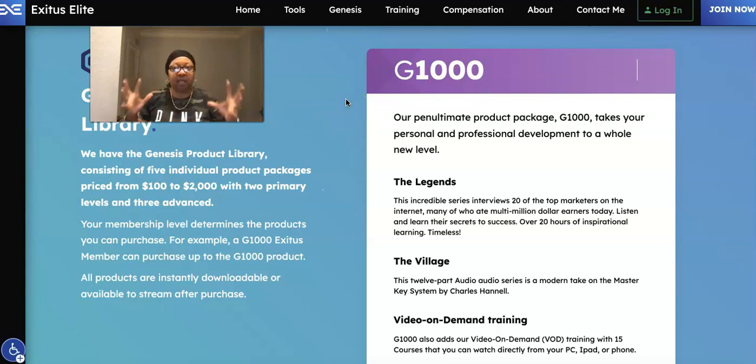And it's all done for you, business in a box, okay? And I say that because they have the capture pages, they have the autoresponder. Everything is already here for you. All you got to do once you purchase is you go in and you specify how you want to get paid, which payment processor you want to use, and you can start promoting, okay? Let's go take a look at the